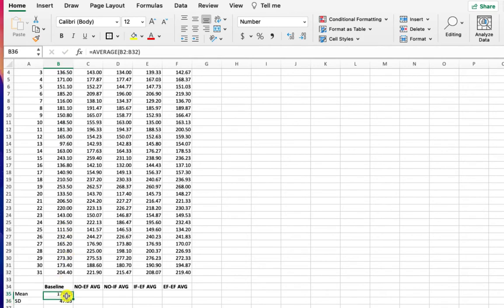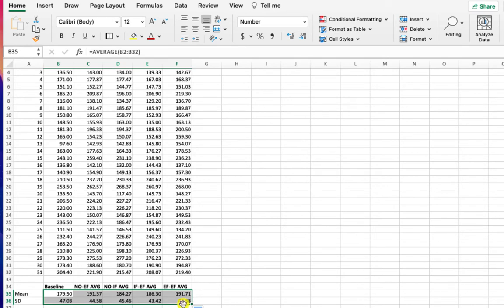If I wanted to copy these functions to these other groups that I collected in my data, you'll notice that as I hover over this little green square in the bottom, my cursor changes from a white plus sign to a black plus sign. Once it turns black, all you have to do is click and drag,